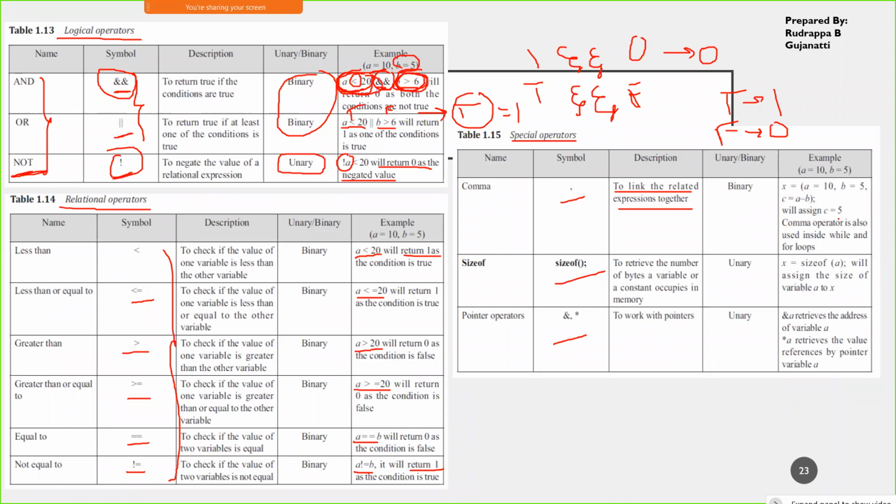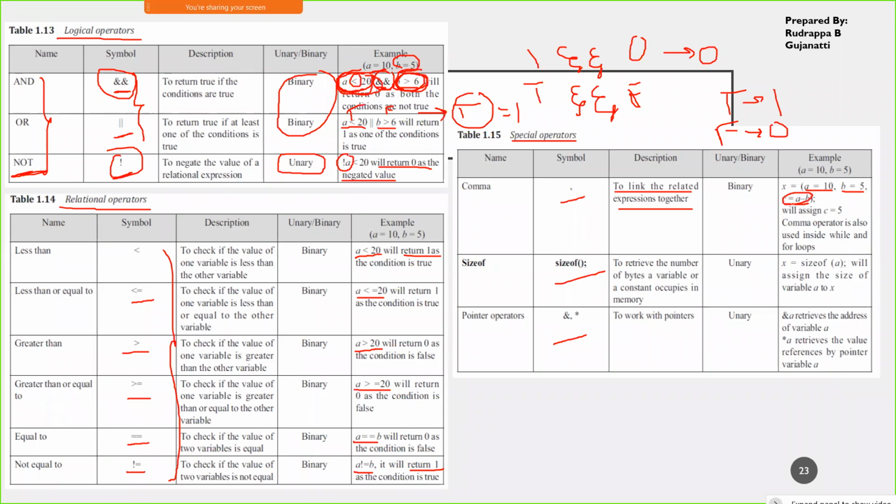Now here you can see that a is equal to 10, b is equal to 5, and c is equal to a minus b. This entire thing is enclosed in brackets, and x is assigned some value over there. So what is the value of c?